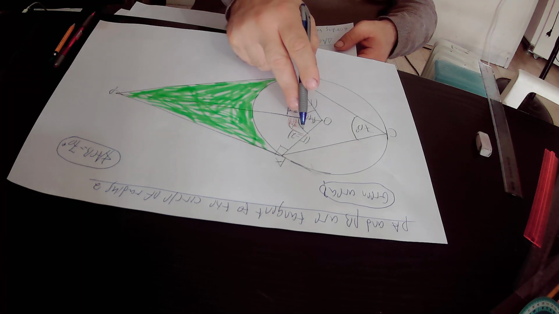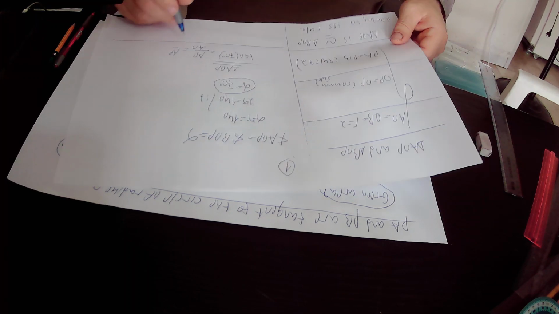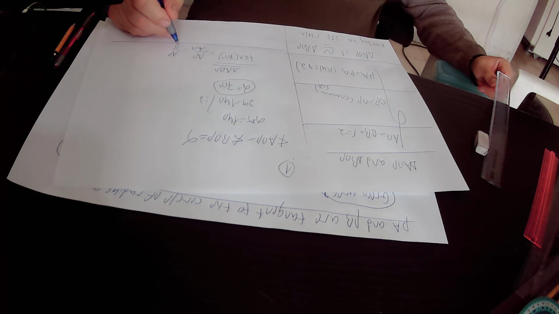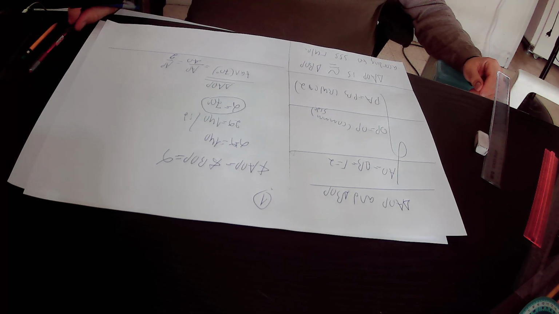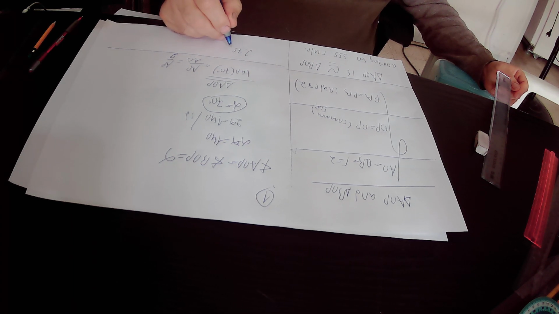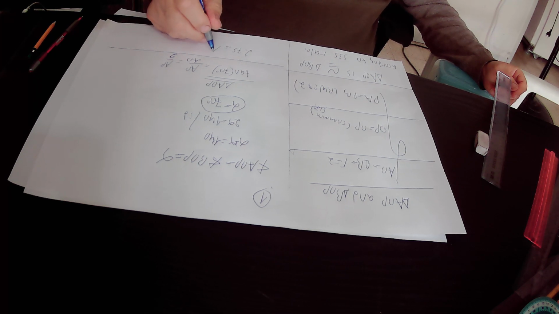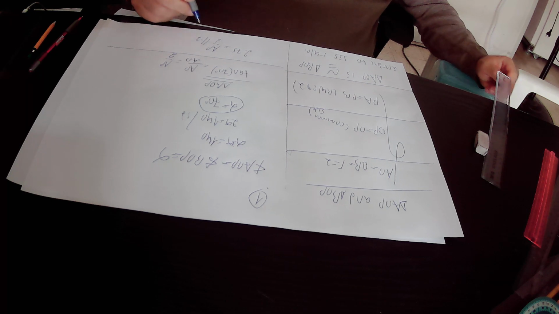AO is the radius of this circle, which is equal to 2. Therefore, we substitute AO by 2. In conclusion, tangent 70 degrees equals AP over 2. Tangent 70 degrees is equal to 2.75. So 2.75 equals AP over 2. Here we multiply this equation by 2 and finally we get that